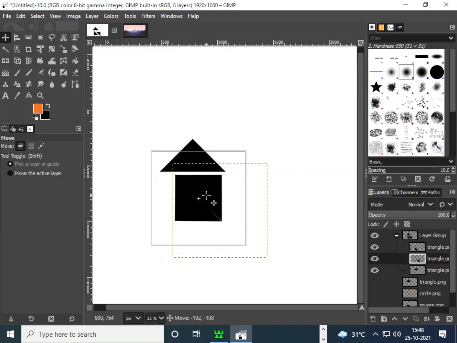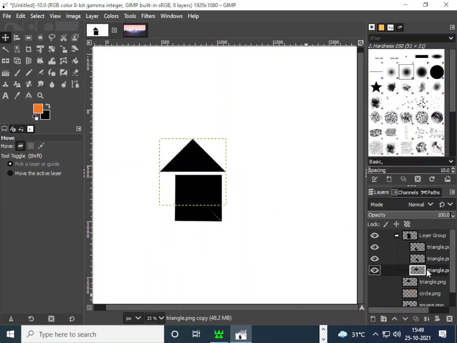And now what about the sun? How will you do a sun using a triangle? Just using normal shapes.